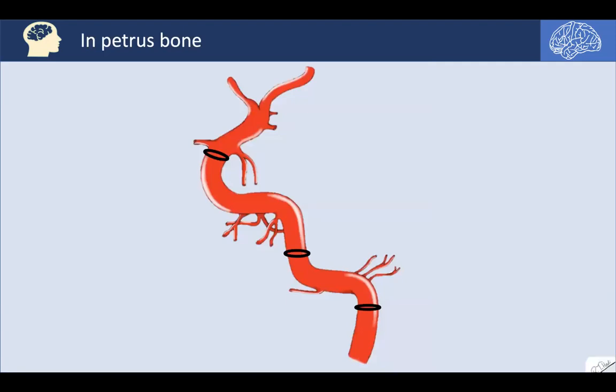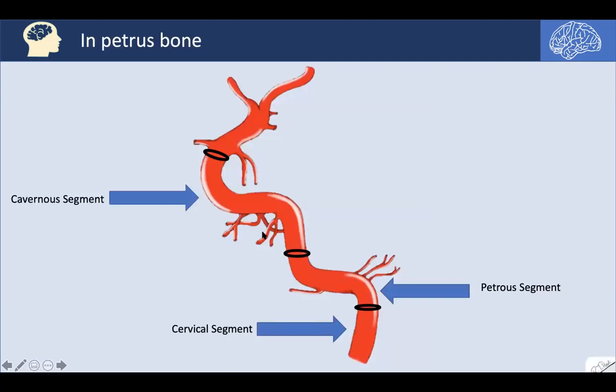In the petrous part of the temporal bone, we are showing in this figure the course of the ICA. Here is the cervical segment in the neck. As it passes through the carotid canal, it becomes the petrous segment. So this is in the skull. And then exiting through the foramen lacerum to become the cavernous segment in the cavernous sinus, and then the supraclinoid segment,